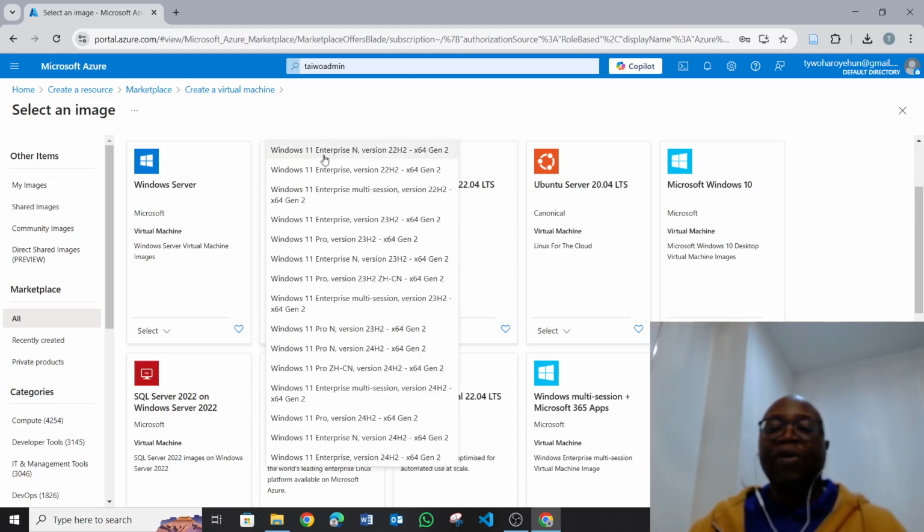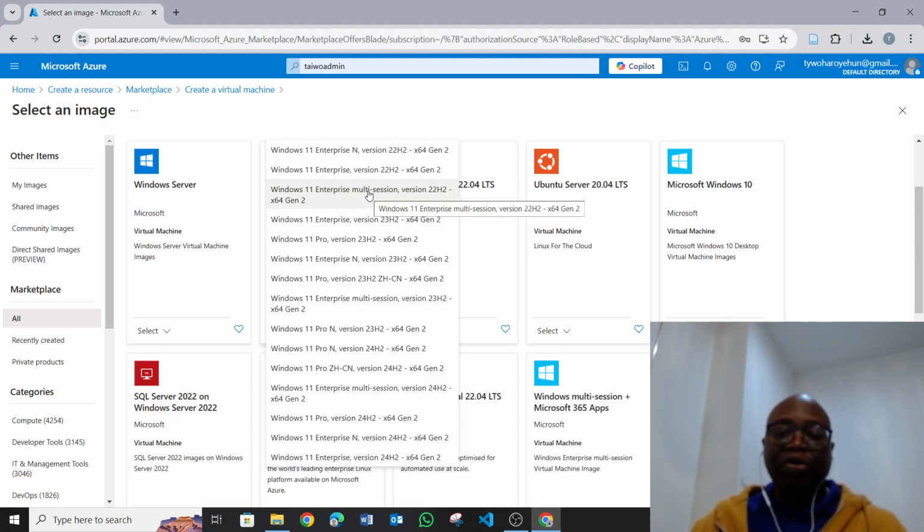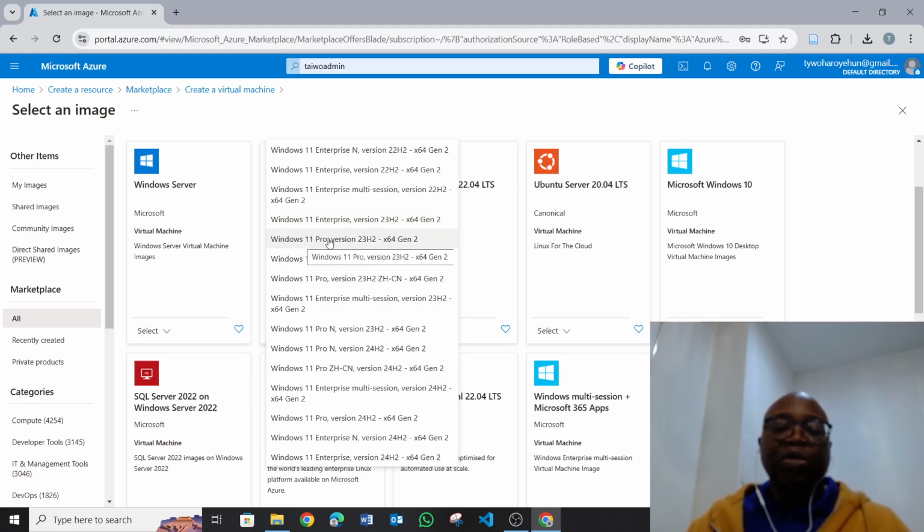So when we go to Windows 11, you can see there are different types of operating systems, each of them with different capacity, different abilities. So we need to be sure of what we need, because each of them will be paid for, and for the purpose of demonstration, we don't need a very high performance machine, but I will still choose one that is relatively okay. So I'll choose the Windows 11 version 3, and